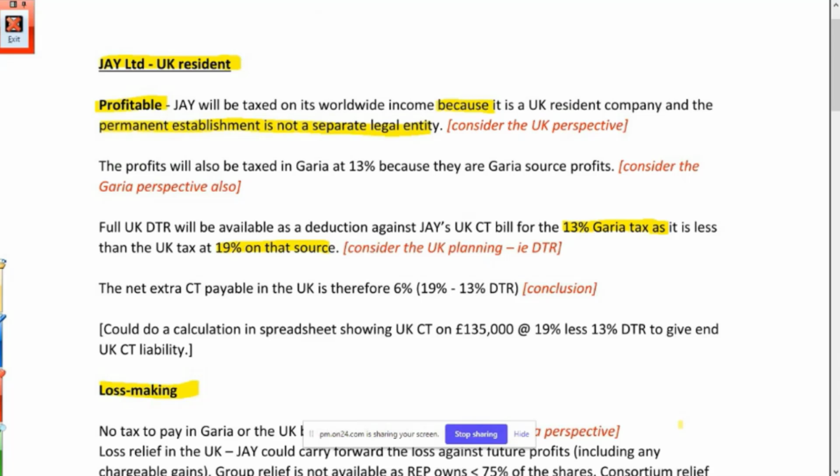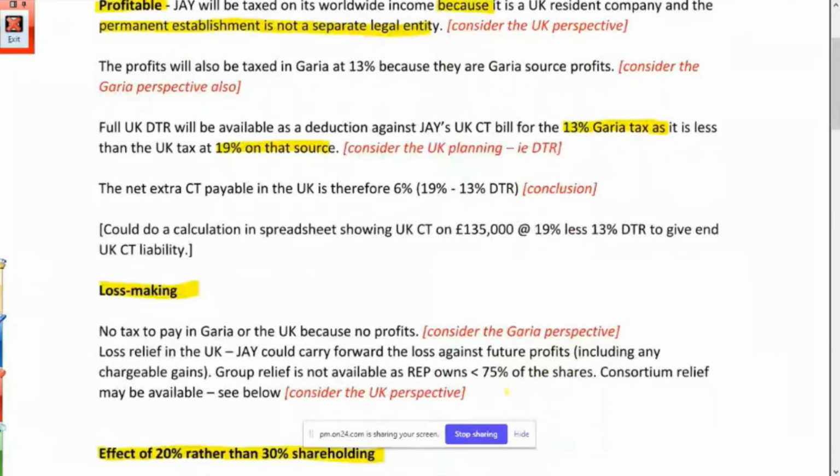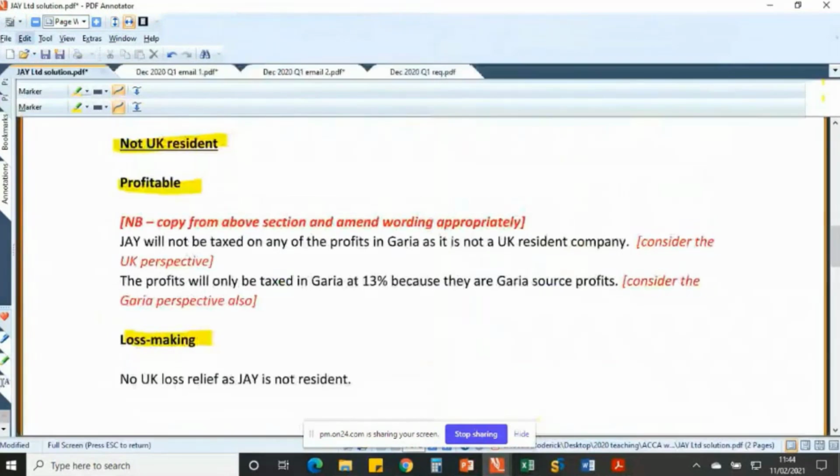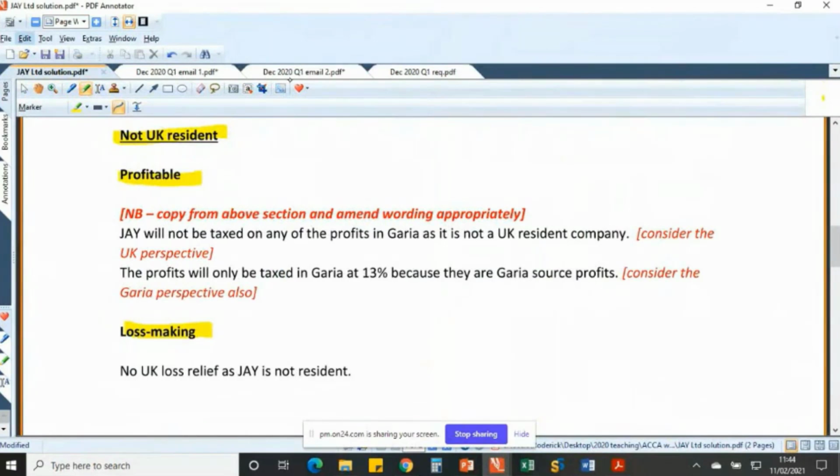Don't pour your heart out with everything you know about tax into the question. Focus it in. You can see if you've broken it up like that, you've got sort of 6 sections, and it's probably a mark or 2 you might expect in each one, maybe a bit more in some. And you'll scoop up quite a bit of marks from what is a very difficult part of the question. Okay, so that's hopefully helpful in giving you practical techniques. Let me go back to the